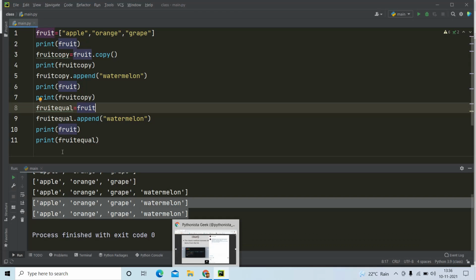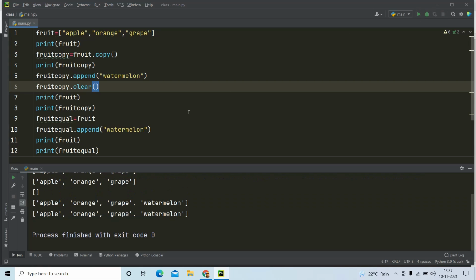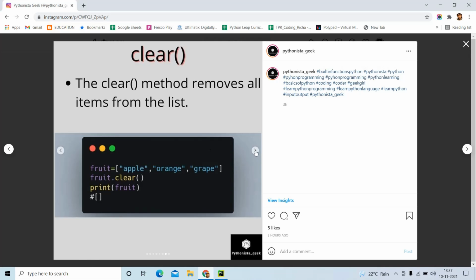In short, I can try to clear and show you with fruit_copy: fruit_copy.clear(). This function will clear all the elements in fruit_copy. If I run and see this program, can you see fruit_copy has become empty? So this is the basic use of this function.